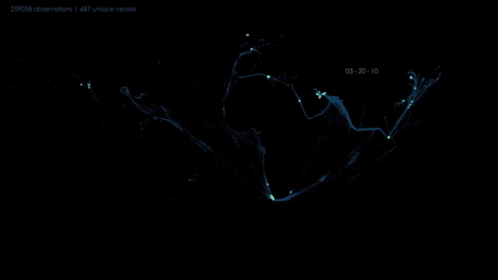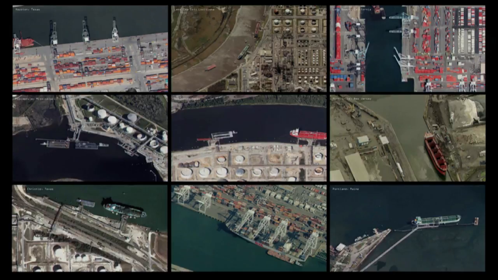The direction we want to go with this is how to connect these global patterns over time to very local things. These are the nine biggest ports in the US in terms of energy coming into the port. Our plan is actually to go and do interviews with people who are working at the ports and put those stories together with